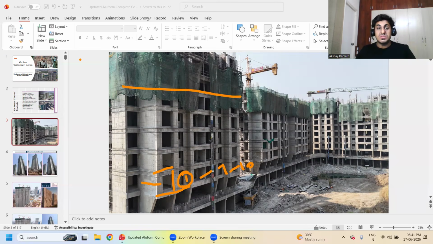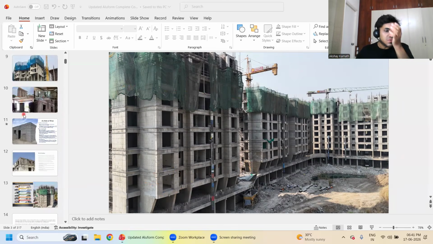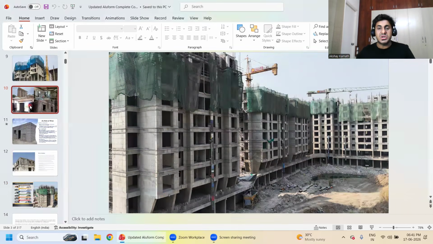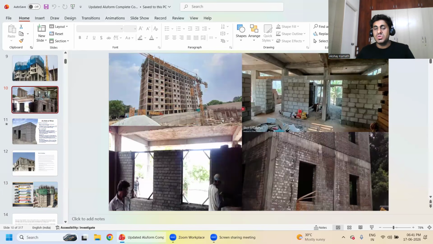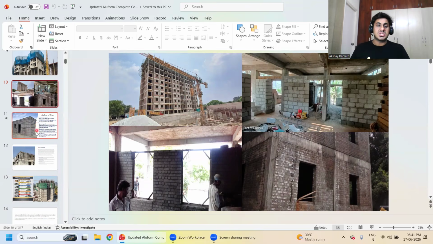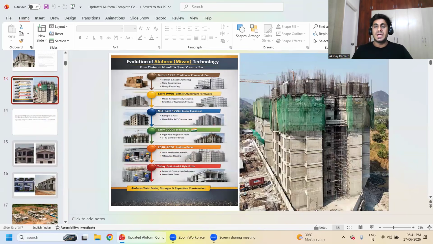If you don't use this Mivan technology and go with the conventional one, what is conventional? You might have seen such kinds of buildings, right? Here we first do the bare structure: you put the beam, the column, the slab. After that you do the brickwork and blockwork. To do one particular slab, you require a minimum of 20 to 22 days. That is why Mivan technology is the fastest construction we have today, where all the high-rise building